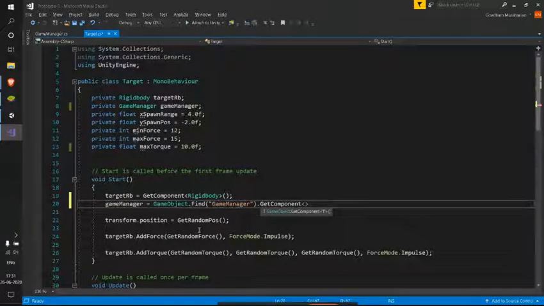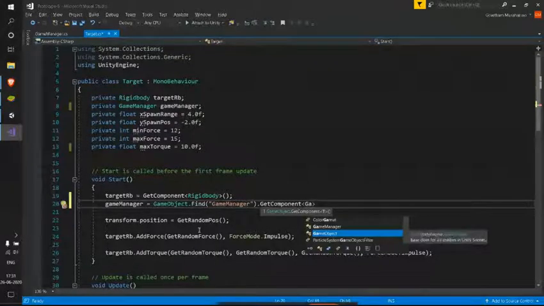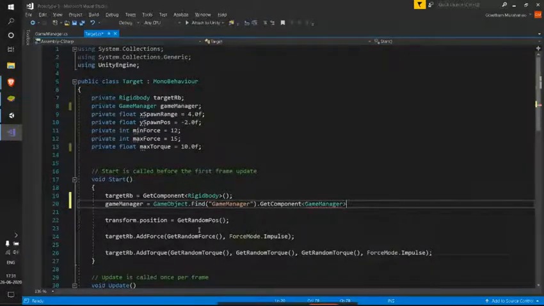Here we have reference to this game object, and now we'll be using this GetComponent, and here we need the component as the GameManager script. So we'll be using this GameManager class.